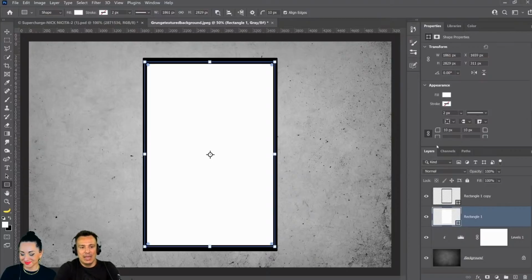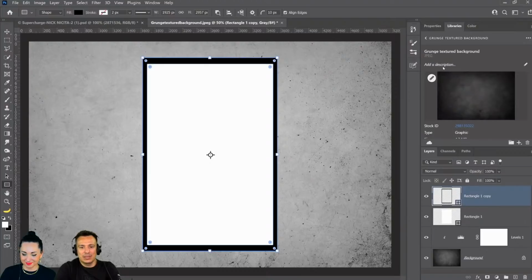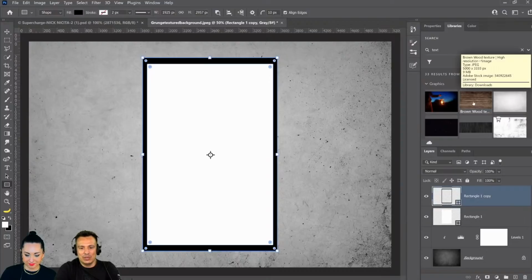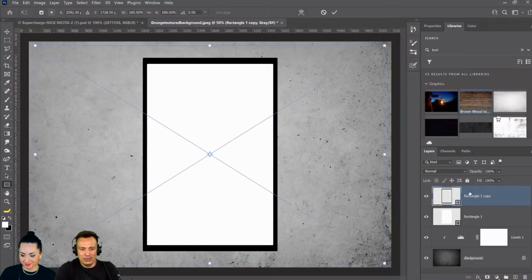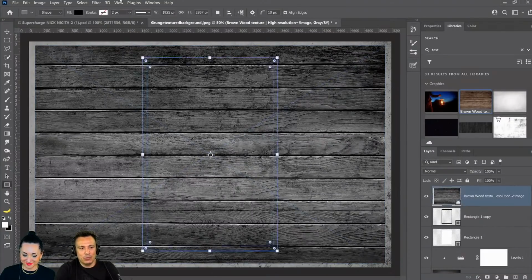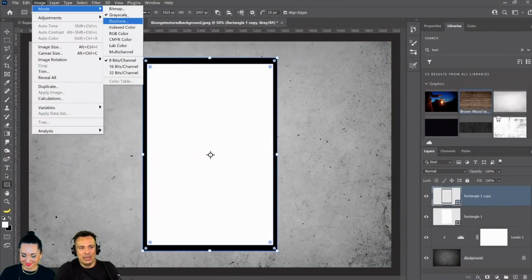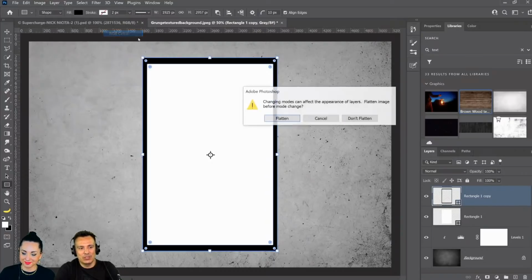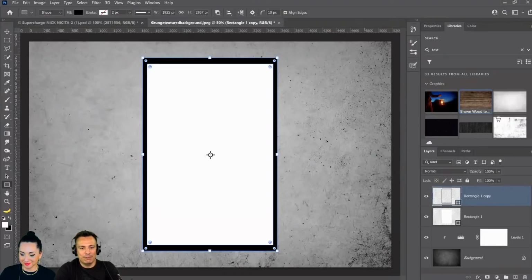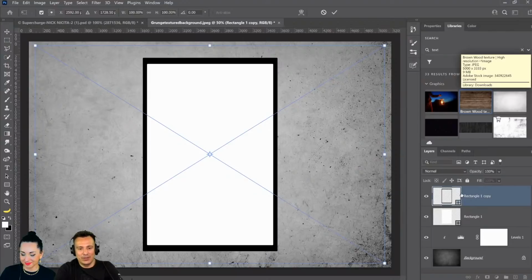And one of the things that you can do is, for example, with this top copy, you can apply a texture to it. And it could be any texture that you want. So, for example, I have this wooden texture here, and I'm going to click and drag it down and apply it to my image. Oops, I think I'm working with, yeah, grayscale. The reason that was in black and white is because my mode is grayscale, but I'm going to change it to RGB. Do not flatten it. And when I drag down, you should see the color. There it is. Looks great.